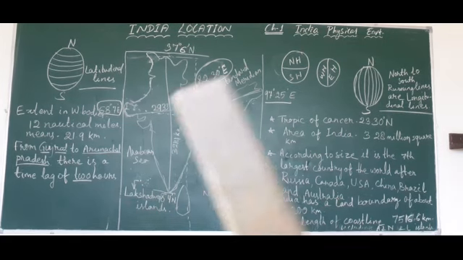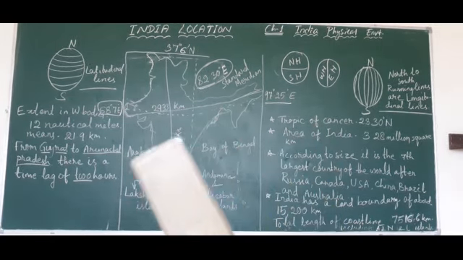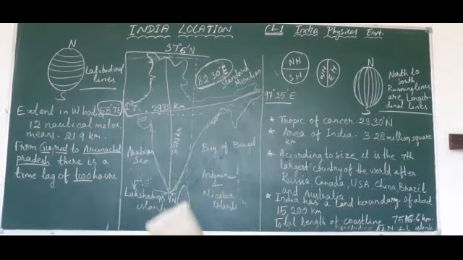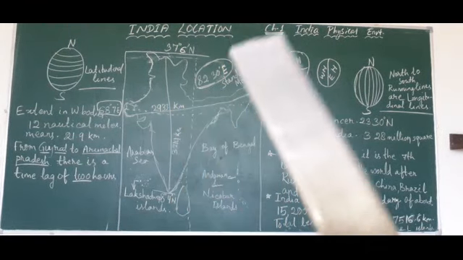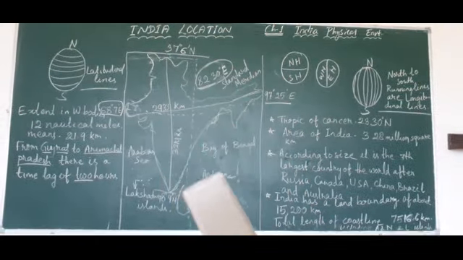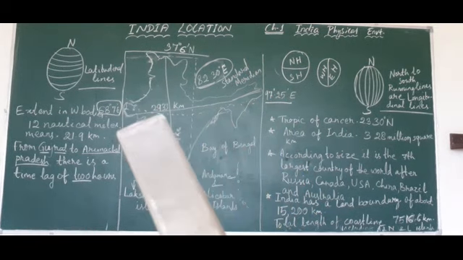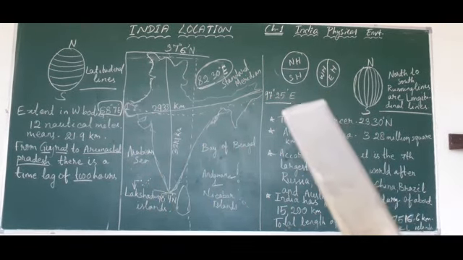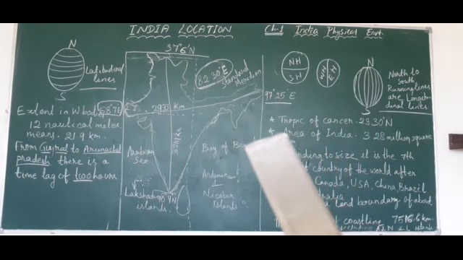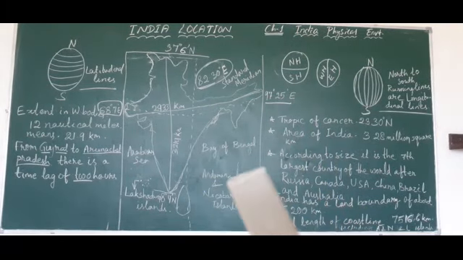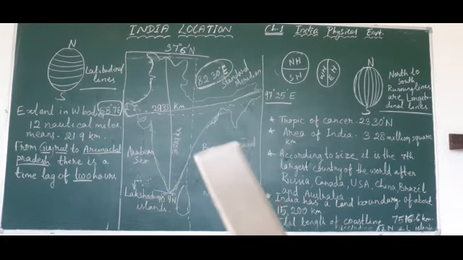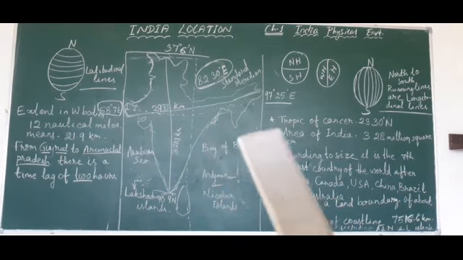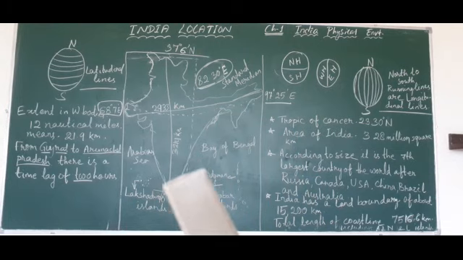Till now, what do you know? The longitudinal and latitudinal lines. Then the Kashmir to Kanyakumari extent and Gujarat to Arunachal Pradesh, what is the length? Then the southern part is surrounded by water bodies. That is why India is known as a peninsula. The southern part of India is known as a peninsula.